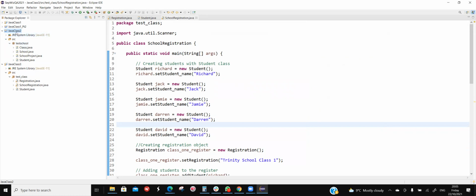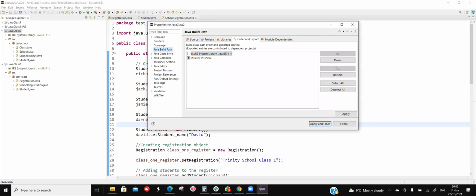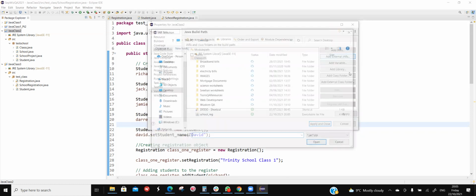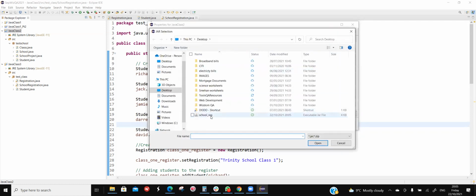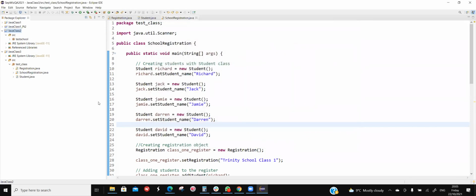How can I do it? Right click on this, properties, Java build path. Inside this, you can see libraries, and it's a library under class path. Say add external jars and add the jar that you're talking about. School reg is a jar. So you open and you added that, apply and close. That's done. Now, once you have done that, then you can simply go ahead and